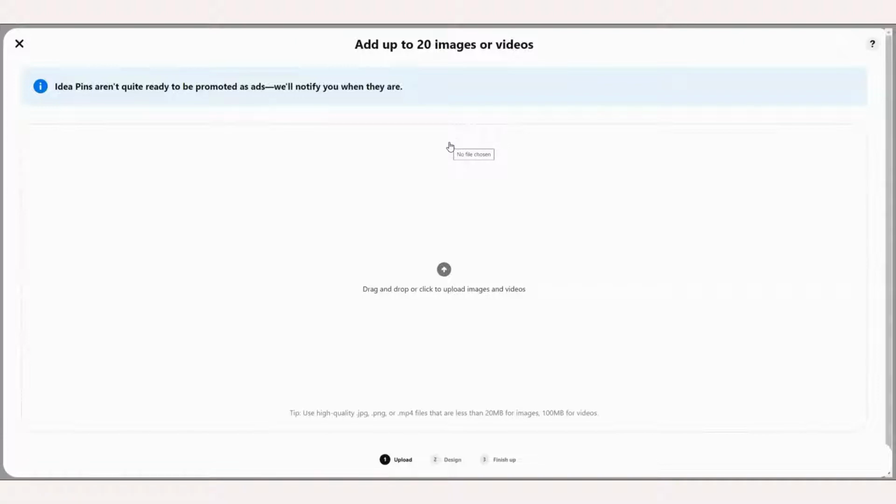And when you're on desktop, there's really no way to design a pin on their platform. What they want you to do is add up to 20 images or videos by uploading them. And you can add or create them a little bit differently on the Pinterest app on your mobile device. It has a few more added features, but what I like to recommend people do is create the idea pin